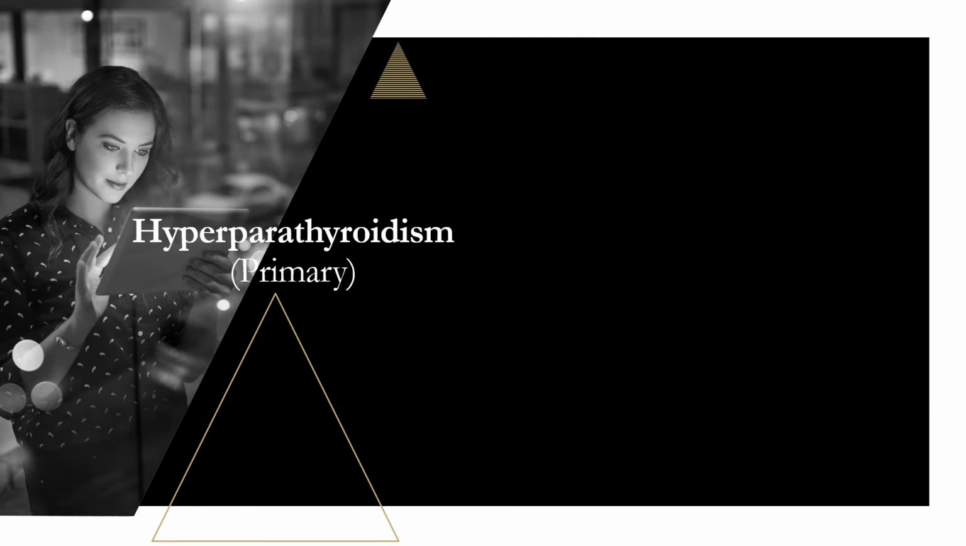So moving on to hyperparathyroidism. Primary hyperparathyroidism is just going to be an increased PTH. PTH is your parathyroid hormone. It regulates the serum calcium in the body. It acts on the bones, the kidneys, the intestine, helping either increase or decrease the amount of serum calcium in the body. So some of the causes, the most common cause by far of primary hyperparathyroidism,